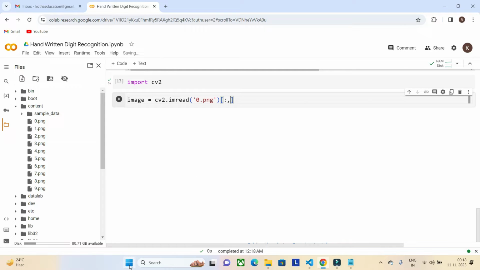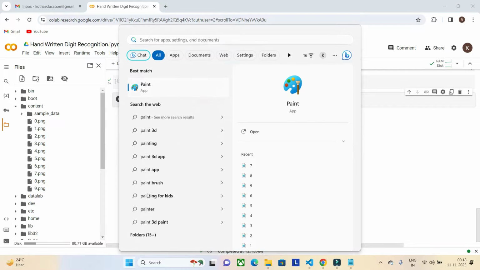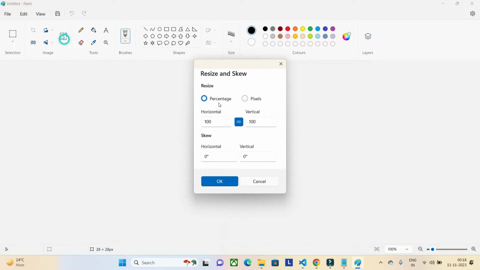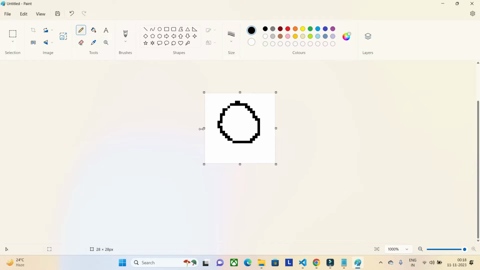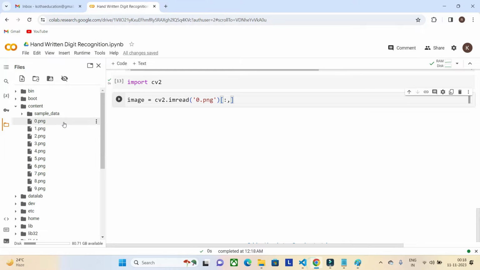If you want to create these images, just open Paint and set the size to 28 pixels horizontal and 28 pixels vertical. Then you can zoom in and write the digits with the help of the pencil. This is how I have saved all these images, from 0 to 9, as a demo for you guys. That's the reason I'm not passing any image size, because all are 28 by 28 pixels. And this is a 0.